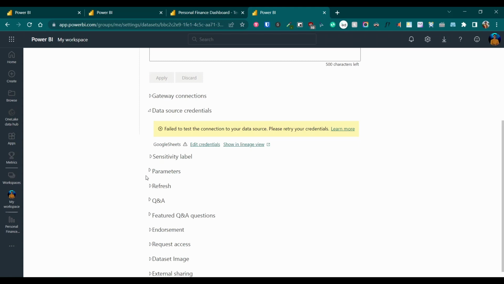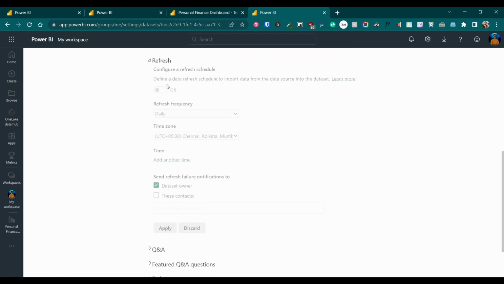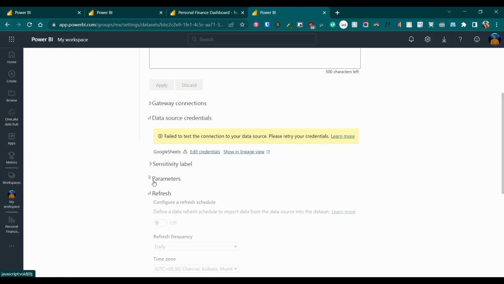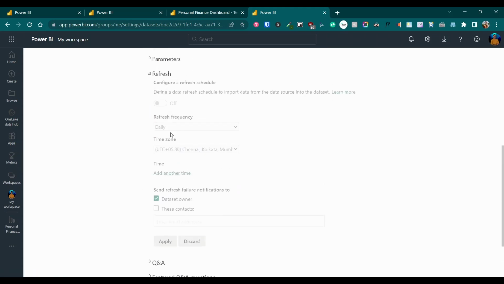Once you are done with that, you can expand the refresh tab, and then once you update the credentials, only then you will be able to see this refresh option. So you have an option to schedule the refresh to run daily or weekly or whatever frequency that you need, or even multiple times a day. So once you enable the data refresh schedule, then it will run it periodically.